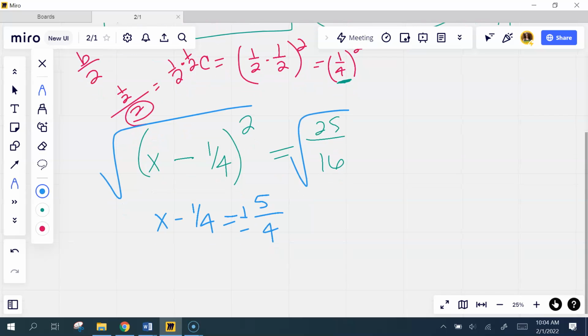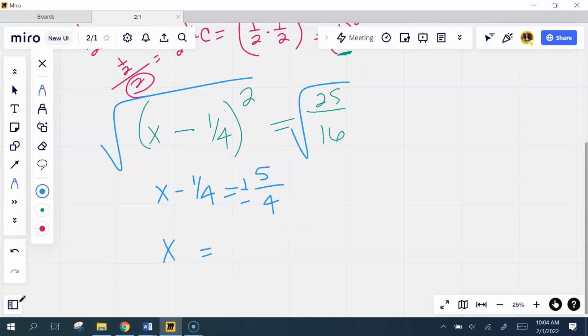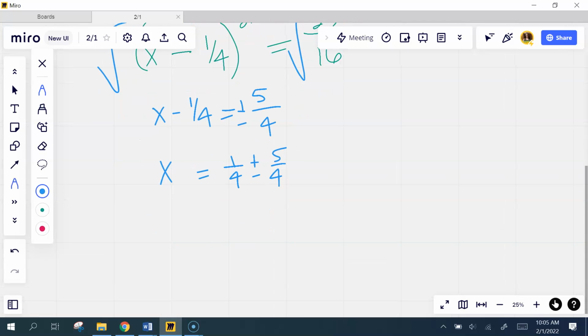Now add the 1/4 to both sides. So I get 1/4 plus or minus 5 over 4. And I do want to split those up into 2 since they are like terms. I can combine them. So I'm going to have 1/4 plus 5/4, which is 6/4, or 3 over 2, whichever one you prefer. And then 1/4 minus 5/4, negative 4 over 4, which is